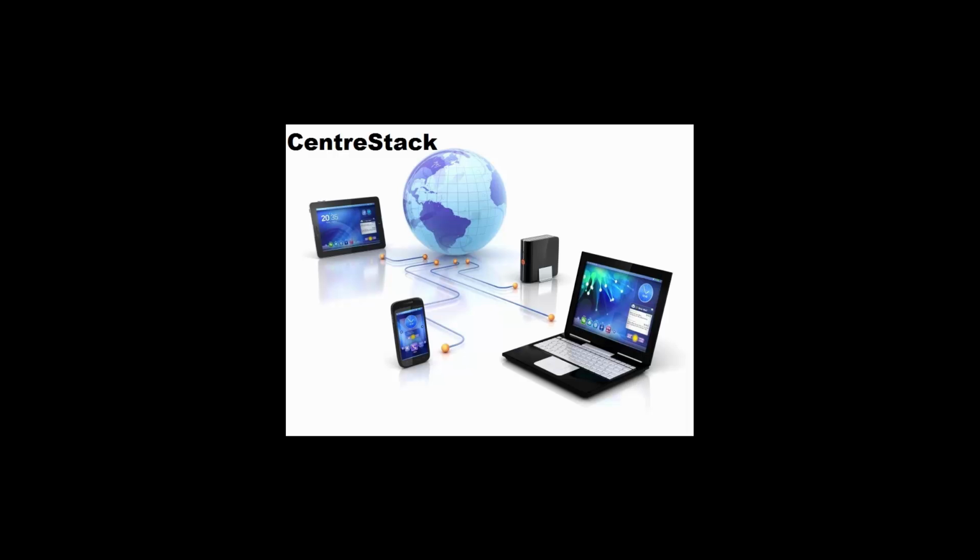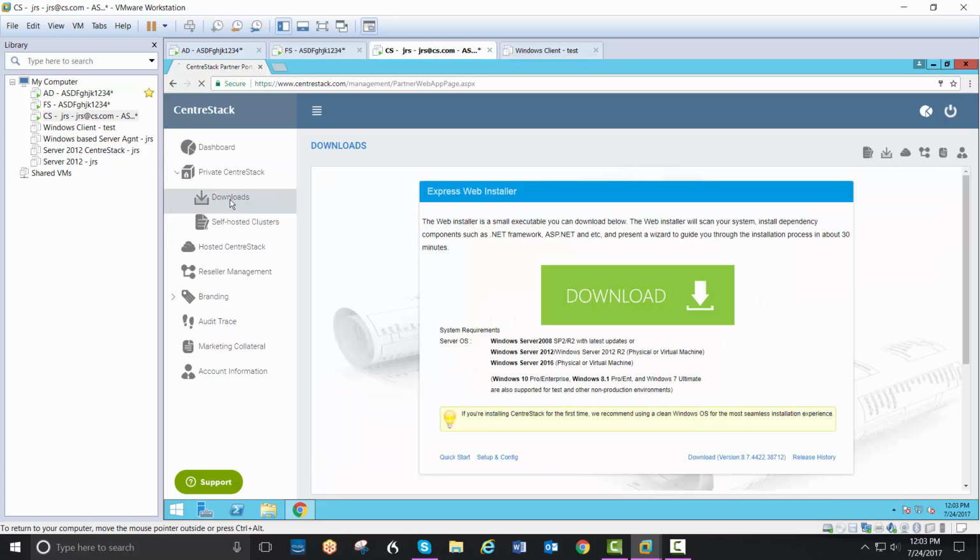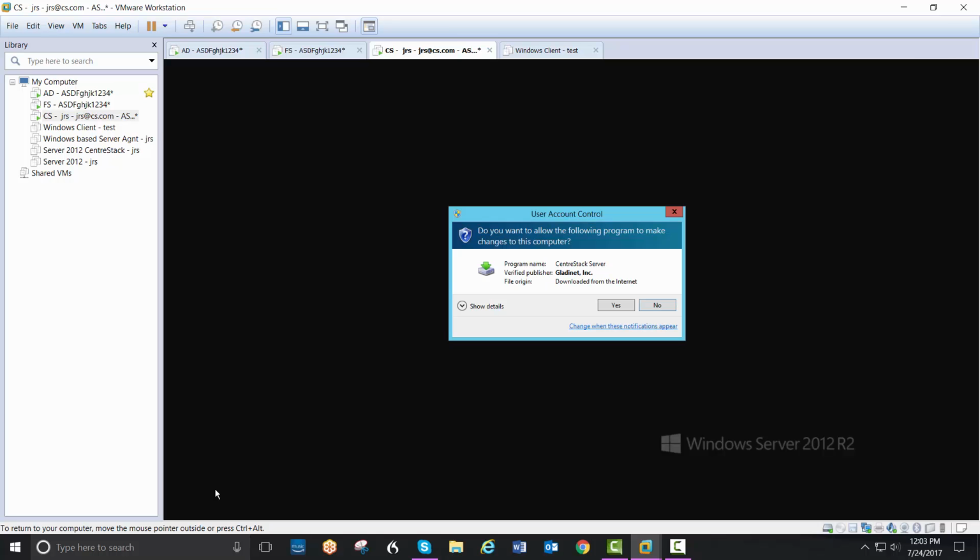In this video, we'll see not only a review of the CentreStack installation, we'll also see the configuration of the Active Directory, file server, users, both local and Active Directory users, as well as configuring file shares for users to access. A short refresher from our first video with regards to downloading the CentreStack software from the CentreStack Partner Portal,